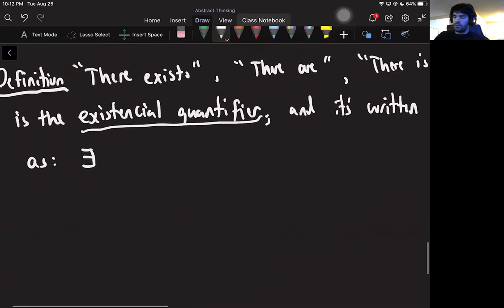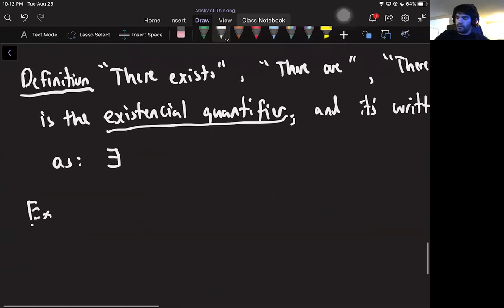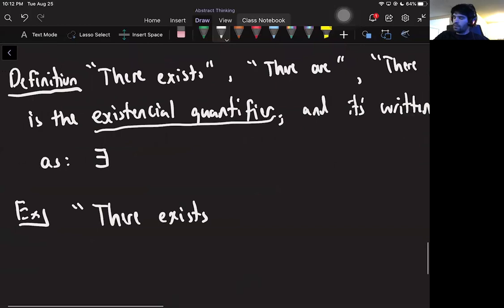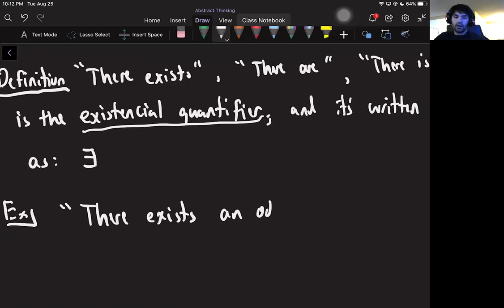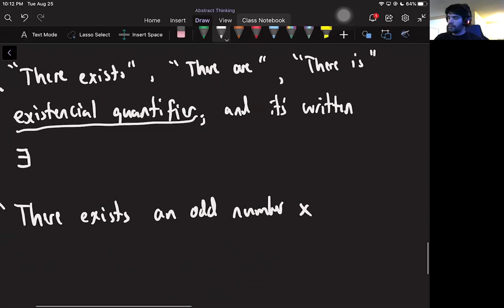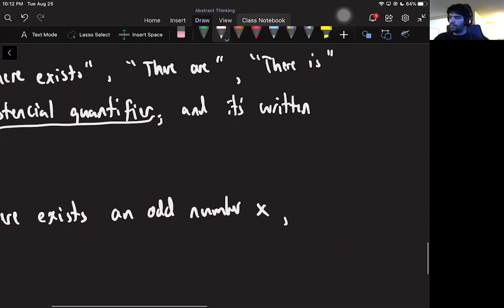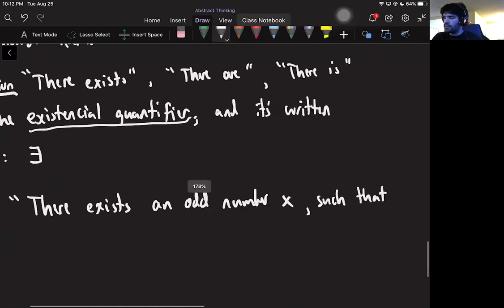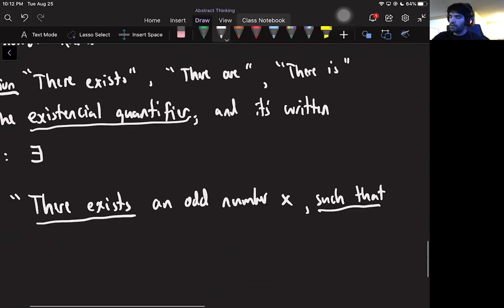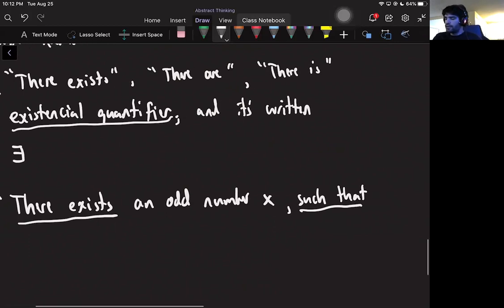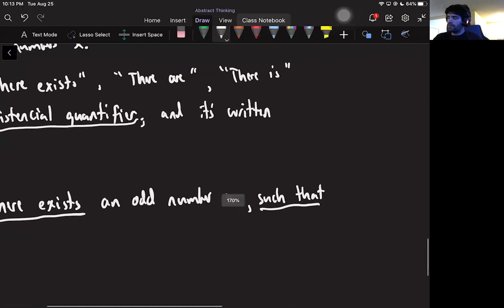So here's another example of using this. You could say a statement like this: there exists, and then you have to say the type of thing that's existing. So you might say an odd number x, and then before the predicate, you always write this phrase "such that." It's not really part of the predicate. It sort of comes in a pair with "there exists." You have to say them both. So there exists an odd number x such that, and then you say the predicate,